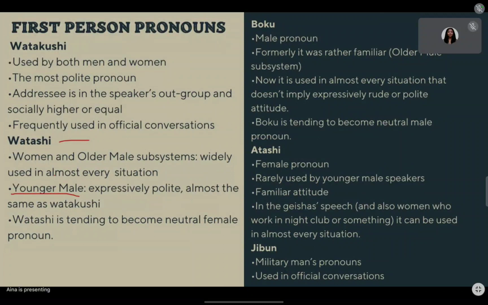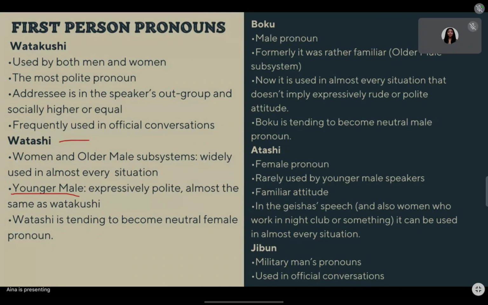yung mga nagtatrabaho sa nightclub, no, to give some entertainment sa mga customers. Okay, it can be used in almost every situation. So bakit ba nasabi na ginagamit to ng mga geishas, or this is the geisha speech? Because atashi is like the pabebe version here in the Philippines. Pabebe version of watashi. So for example, 'di ba kunyari kapag tayo medyo nagloloko tayo, like may pabebe version tayo